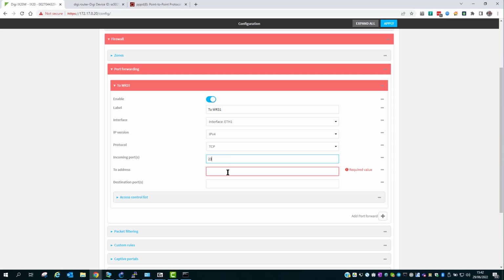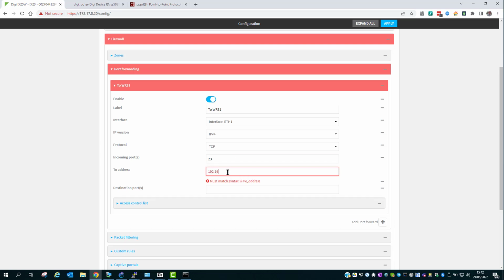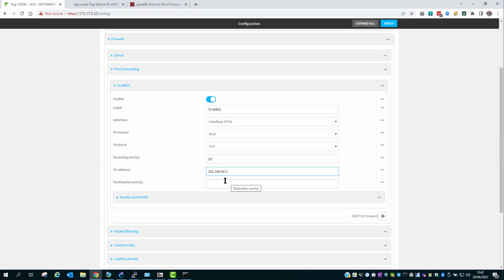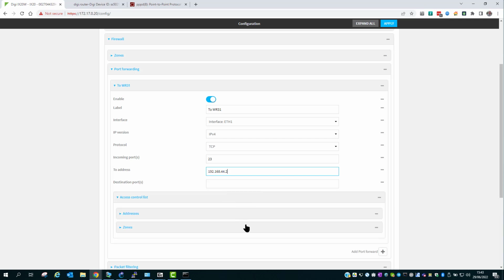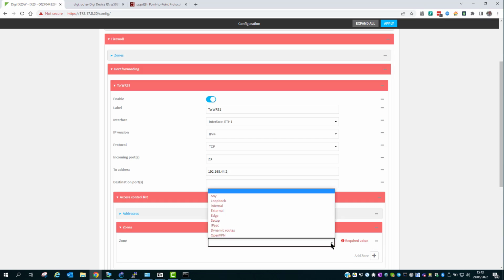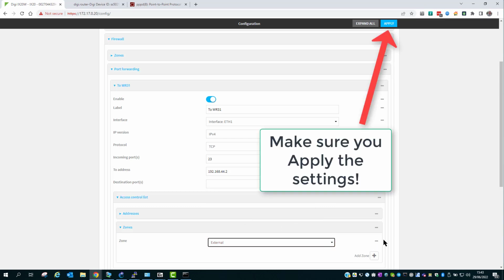And we're going to redirect the traffic to 192.168.44.2, which is the IP address that's assigned to the WR31. I don't need to add a destination port because it is automatically implied that if you leave this blank, the same destination port number will be used. I am going to restrict this though to the external zone. That means that only traffic entering this router via its external zone interfaces will be able to take advantage of